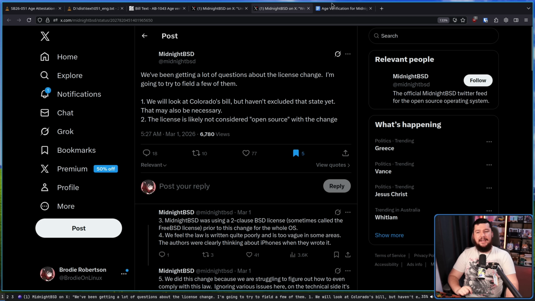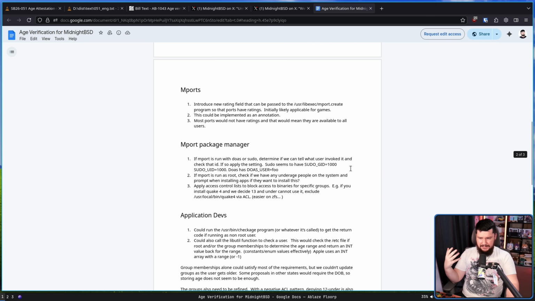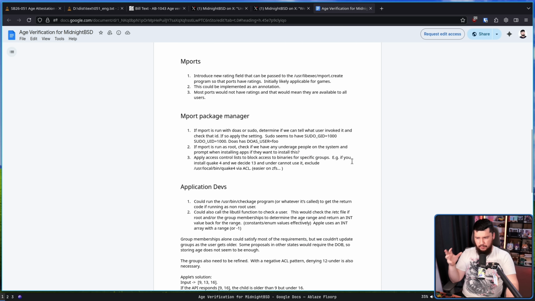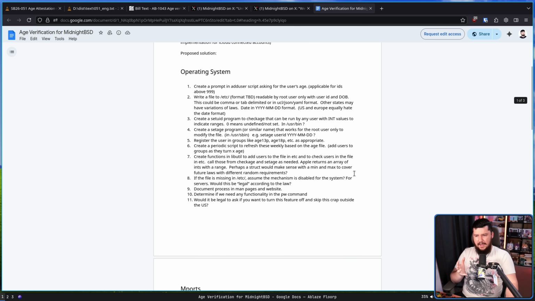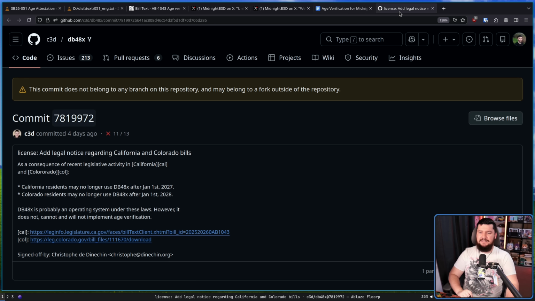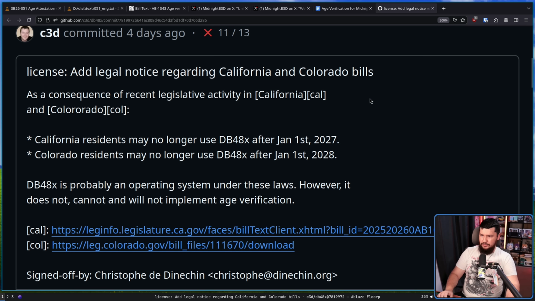And they also published a Google Doc on how they and other BSD operating systems can possibly try to comply with this law. Again, this is a sort of idea. Nothing here is formally set. This is sort of just throwing out ideas to say, okay, how do we actually make all of this fit together? And because the BSDs are very similar, let's come up with a solution that can apply to others as well.